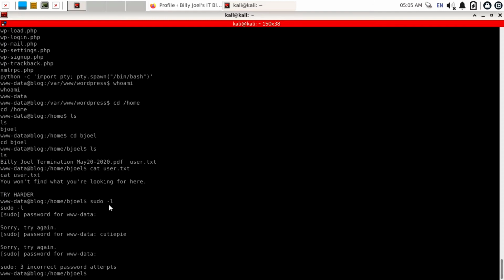To escalate privileges, what we can do is find SUID files. For that, we are going to use the find command. You can search on the internet for this command. So I'm simply using find slash, which means our root directory. It will find everything in the root directory, hyphen perm, hyphen u equals s, then hyphen type f for file, then 2 greater than slash dev slash null, and hit enter. So it will start finding all the files.